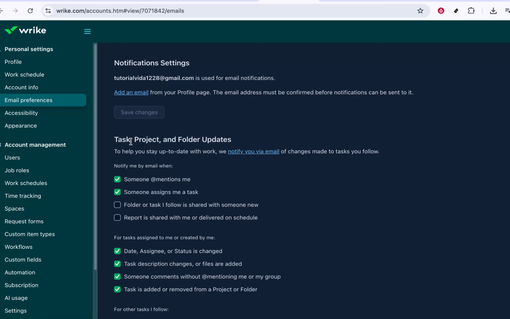After adjusting your notification settings, make sure any changes are saved if a Save button appears. Once that's done, you can close the settings and continue working, confident that your Wrike emails will